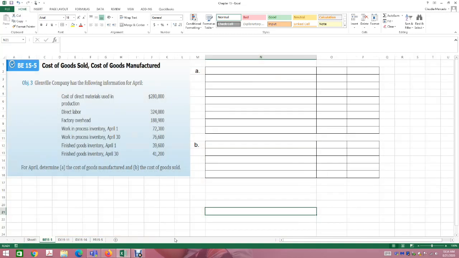I'm going to start by first explaining the three different types of problems that you're going to be seeing on your assignments, okay? So you're going to have problems that start with the word BE, okay? Now, BE is for a basic exercise. Basic exercises are the easiest types of exercises that you're going to have. They're kind of like to get you started, okay?